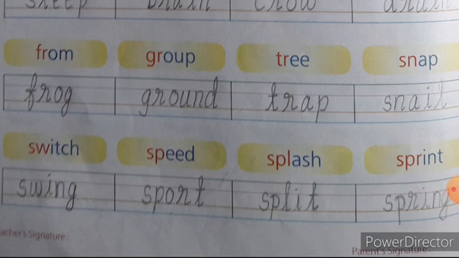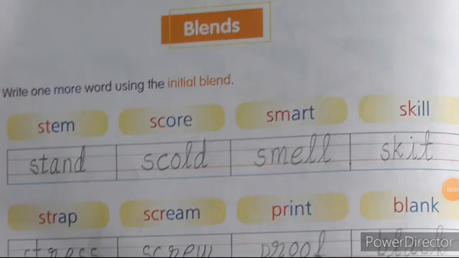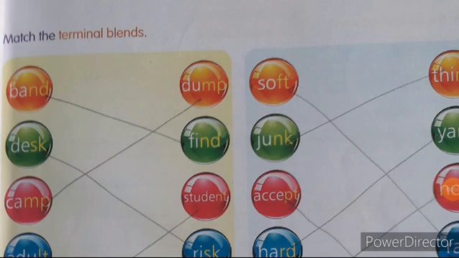Spring. So you have to write according to this exercise. That is the sound of an initial blend. A word is given with the initial blend. Using the same initial blend sound, you have to write a new word. So concentrate on the initial blend sound which is given in red color. With the same sound, you have to frame another word. Now turn to the next page, children.